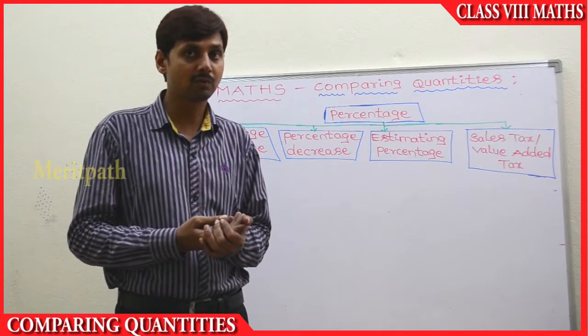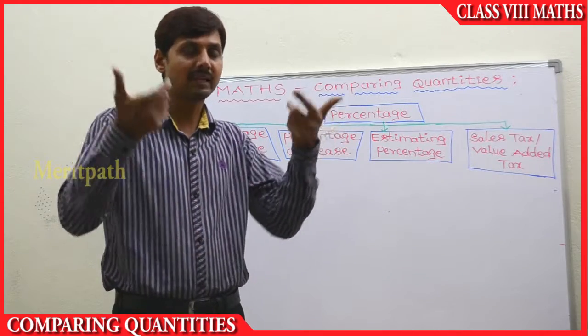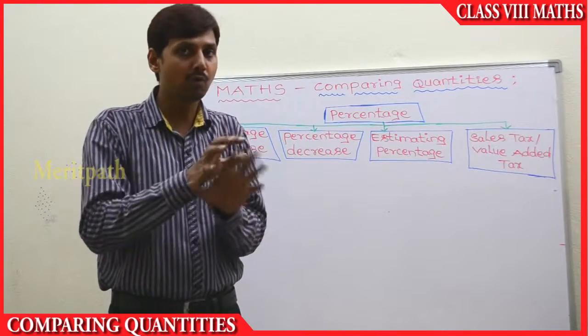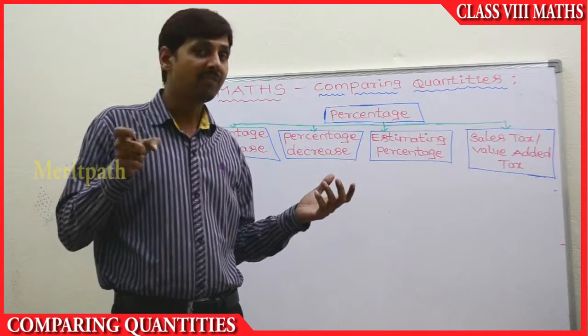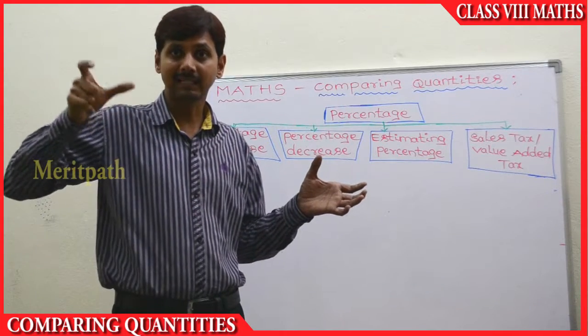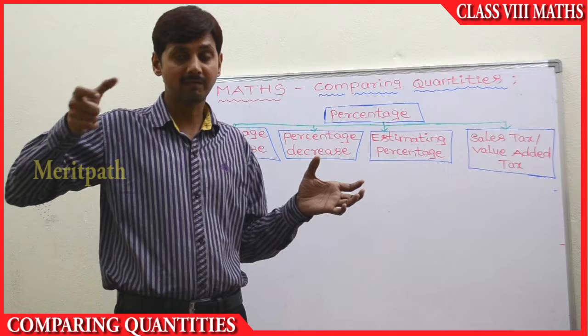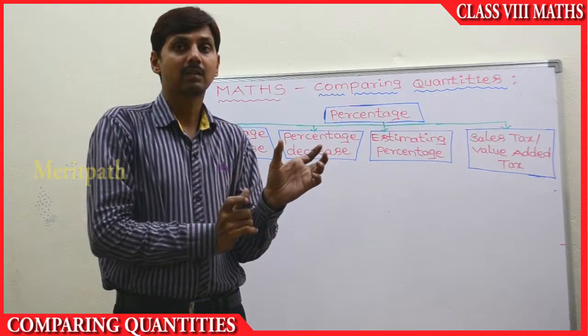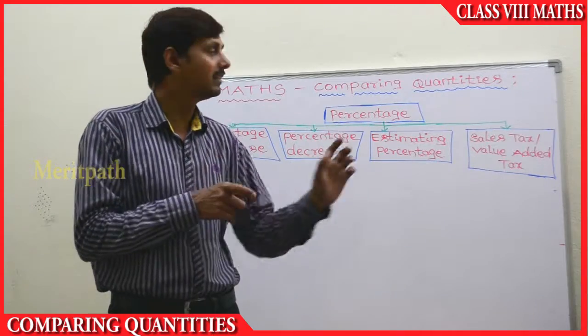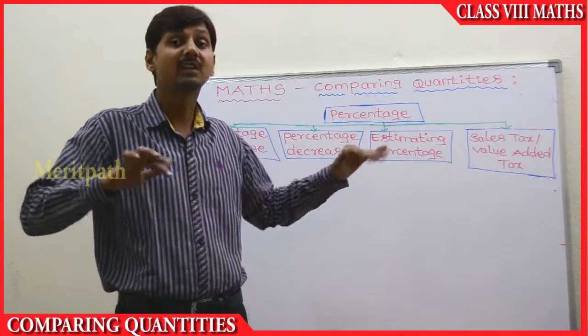What is the easiest method to find out? After finding the percentages, we'll add both the values, and then we will find out what the percentage exactly is. Both the percentages can be added, and we'll add them to the actual amount, and then we'll get how much the percentage is added or increased by the estimation method.